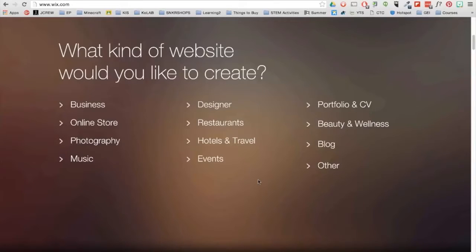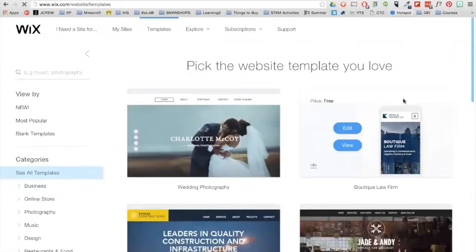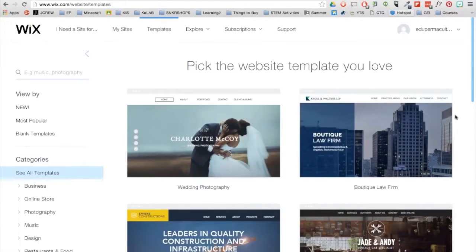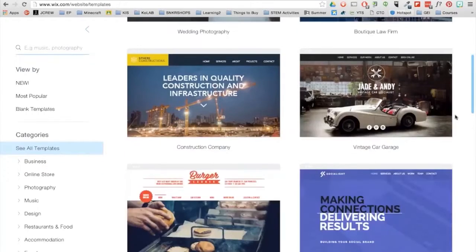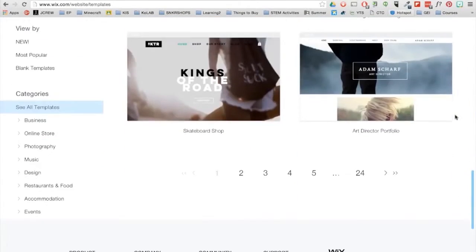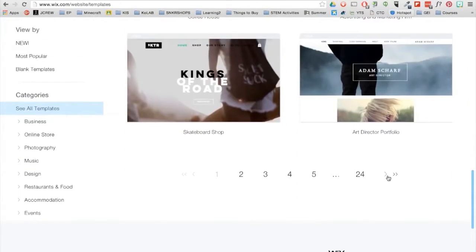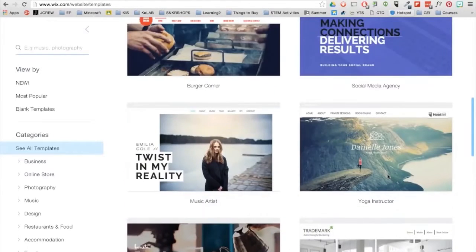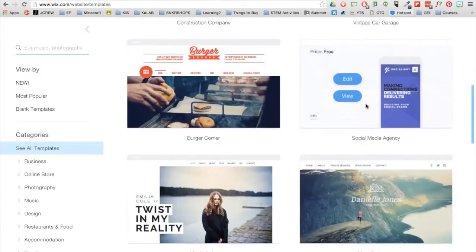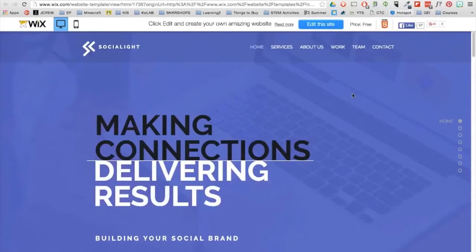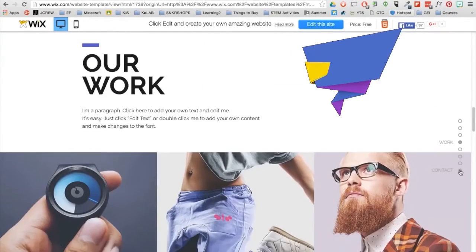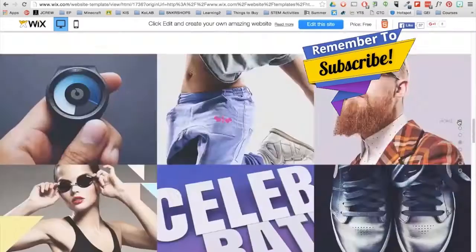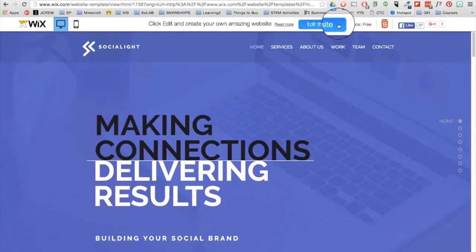Now, for example, I'm going to create a professional education website, so I am going to go ahead and click on Other. So here you are provided with a bunch of stylish website templates based on your category. You can scroll through all the pages and find the template you like the best. You have the option to first view a template to get a sense of how it will look. And if you like the layout of this one, I'm going to go ahead and click on the edit button in the corner.